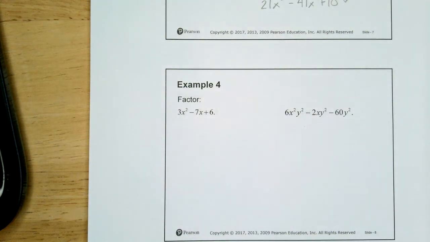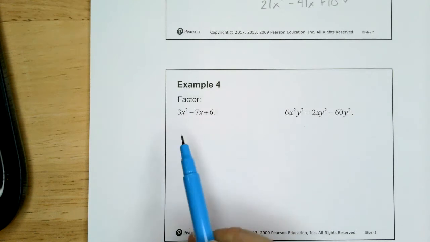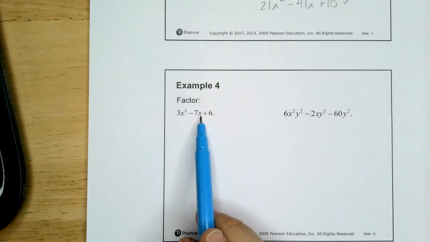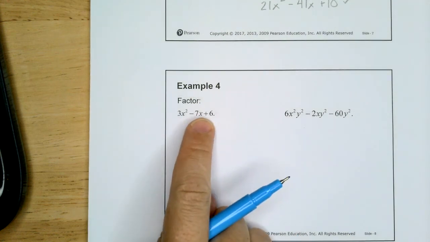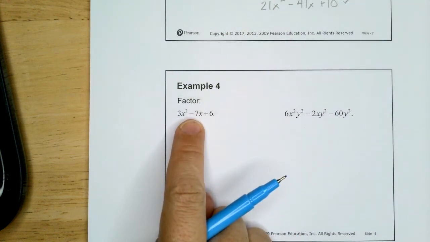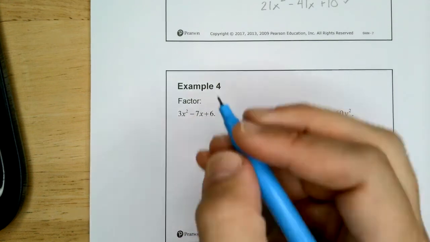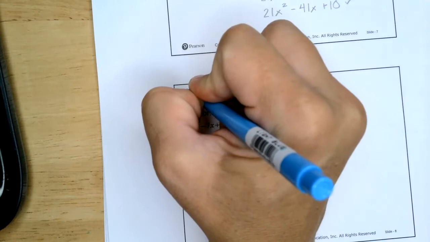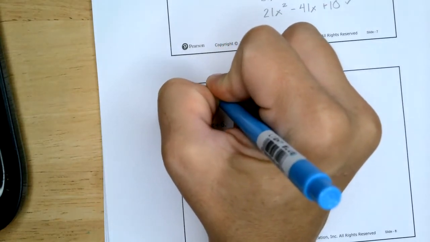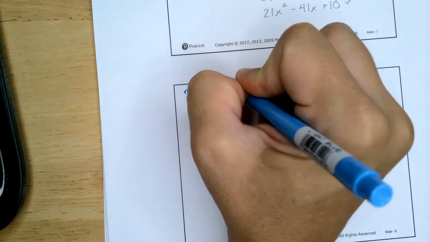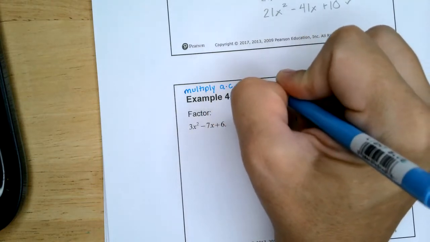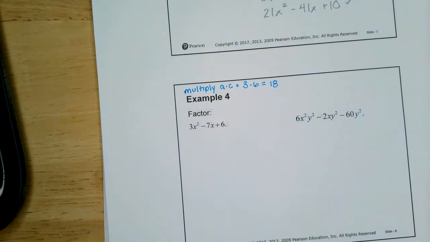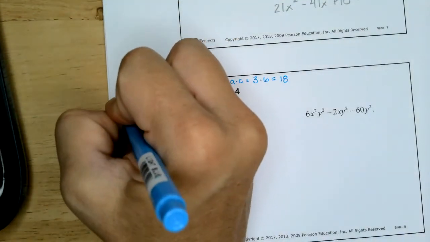All right, factor out the greatest common factor. Is there a common factor between 3, -7, and 6? No, right? 3 and 6 can do 3, but 7 cannot do 3. So there's no greatest common factor. We're going to multiply A times C. Remember? Multiply A times C, which here is 3 times positive 6, right? We get 18. So now 18 is what we need to multiply to get